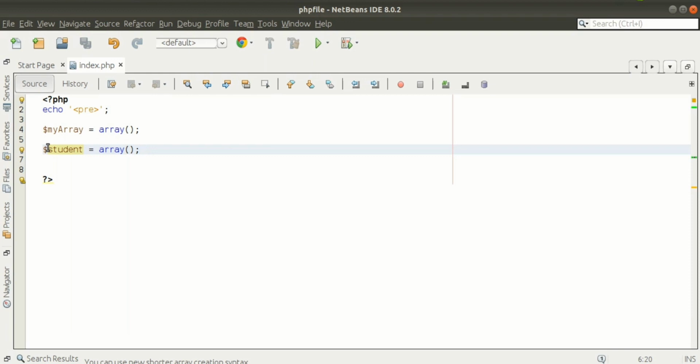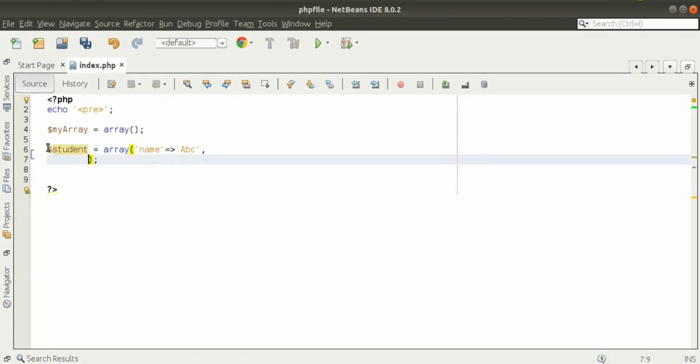How? Suppose I am storing name, and the name is ABC, and by comma separated we can save roll number. Roll number is integer.